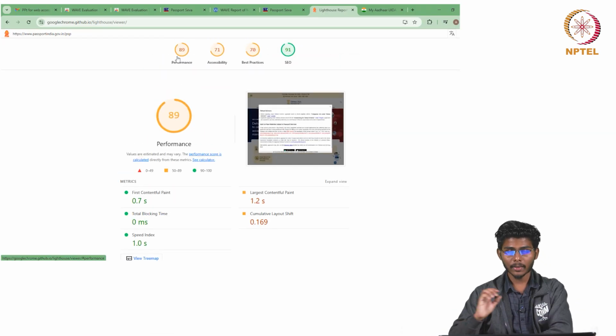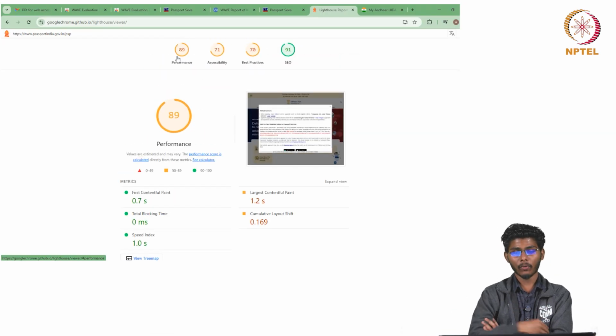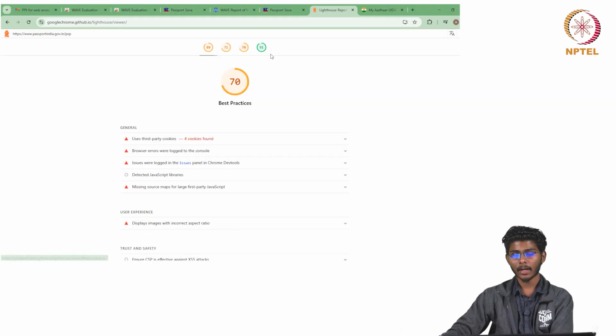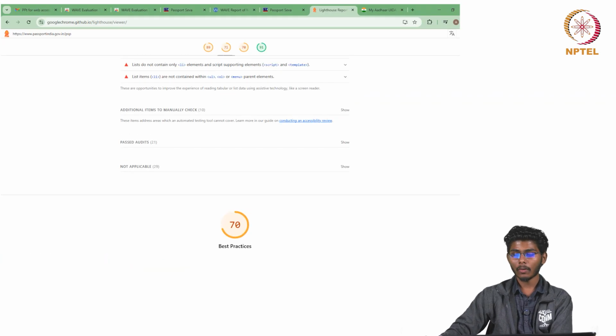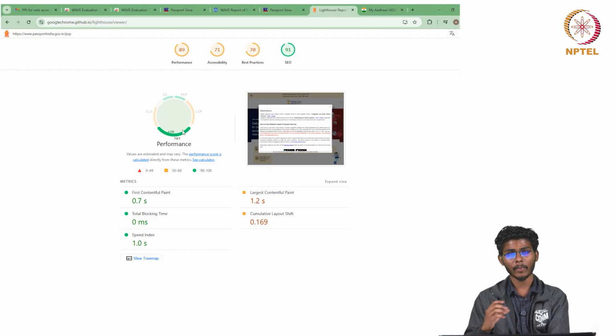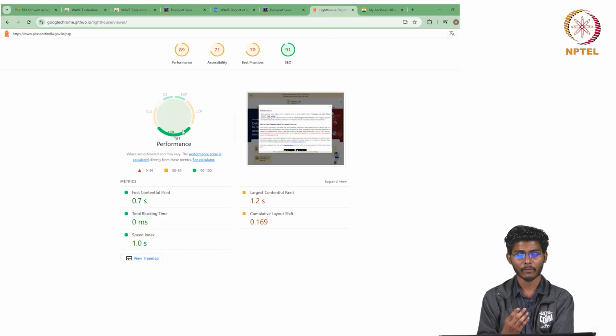In the Lighthouse report, there are 4 categories: performance, accessibility, best practices, and SEO. Apart from these, the Lighthouse report generally focuses on performance, so we should mainly focus on the performance of the interface.